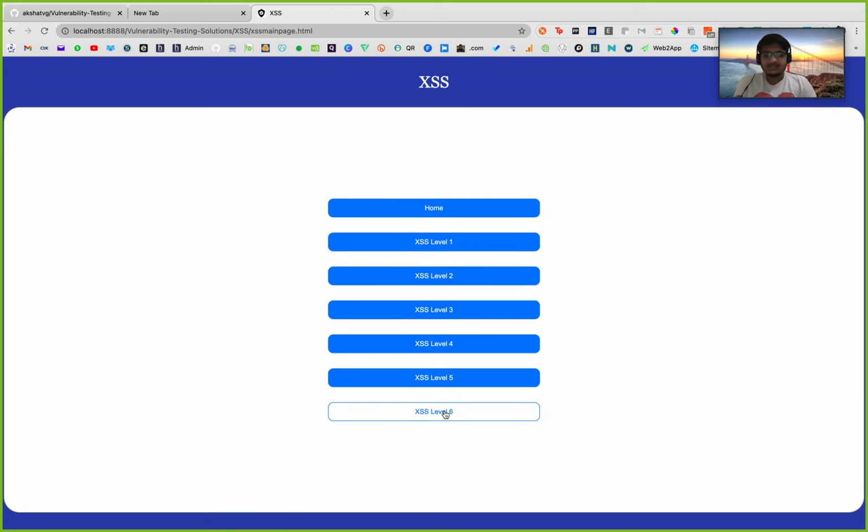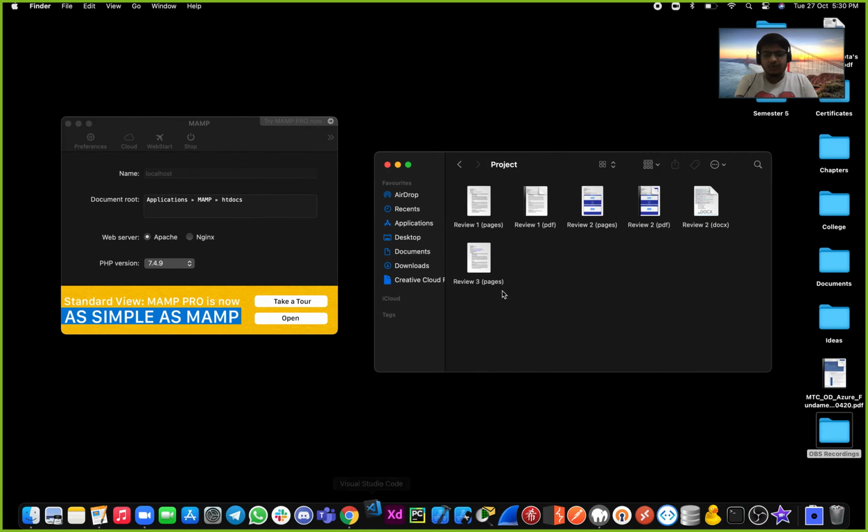Stored XSS basically is very simple. Unlike reflected and DOM based, this is a permanent attack. Something which you do is stored, or a change is made onto the database from your actions. So I'll just show you the code for this.